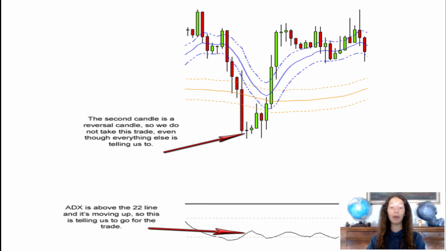You can see this time that everything was looking good for a short trade, a sell. The price had broken below both the orange and the blue zones. We had a second candle closing completely outside of both zones, and the ADX was telling us the new trend was strengthening because the average line was above the 22 line and was starting to move up. But the second candle formed as a reversal candle, which was our warning sign not to take this trade. And as you can see, this simple filter saved us from a very bad trade, which would have immediately stopped us out. With this last example, we have finished the description of the Cobra trading